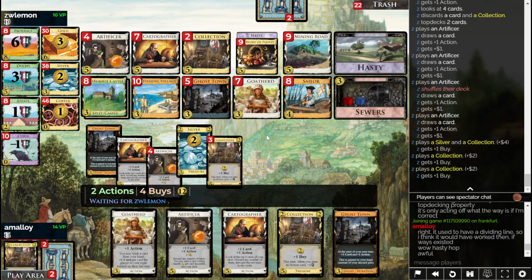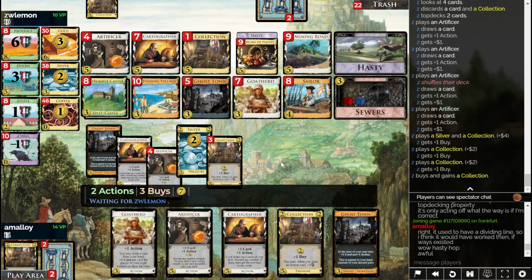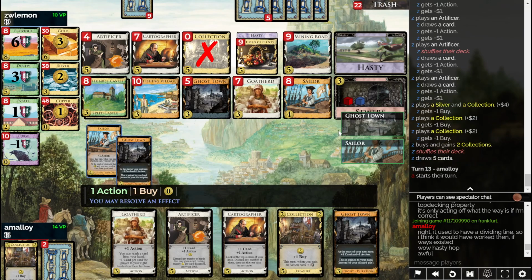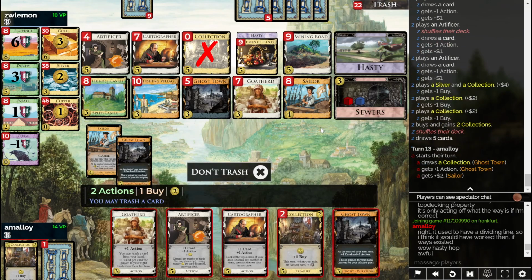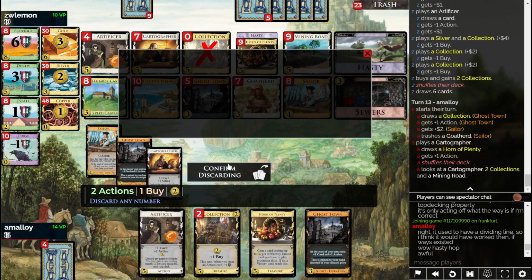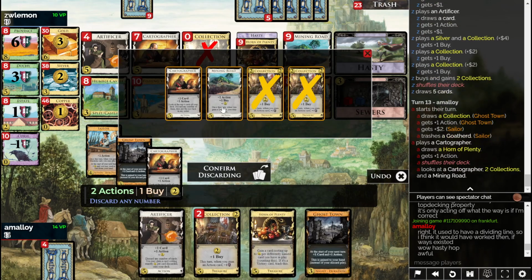In some sense, every card in this deck that isn't a collection is just bloat, right? I mean, that's not quite true. But if it doesn't draw something, and it's not a collection, you're unhappy with it. Okay, get this out. Oh, hang on. I get to...